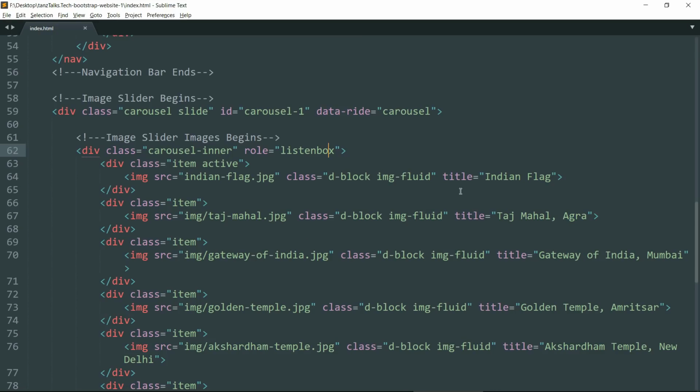Okay, let me see what is wrong. I have not written the complete path for the image. I have to write img/ then Indian-flag. You cannot just write the name of the image, we need to specify the location of it. Let's correct this one.